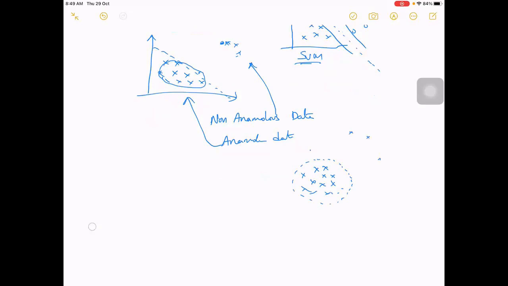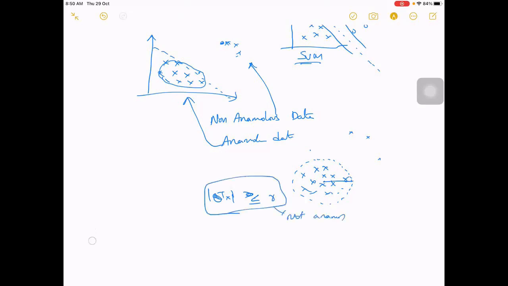That is how one class SVM works. It will compute something like theta not x, take it as anything, and check whether it is less than or equal to some radius r from the center. With this radius, if a point is within this range, it is not an anomaly.